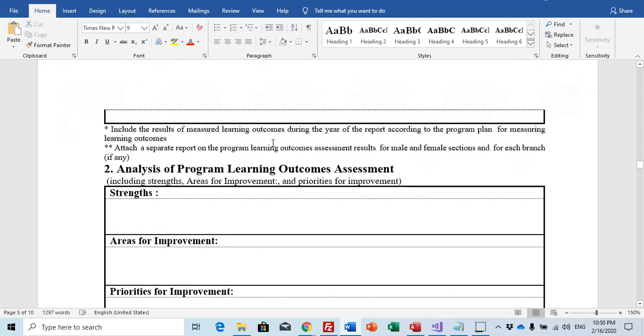For example, in this year, I have for my program 15 program learning outcomes, and I have a plan to measure all of them within 4 years. So in this year, I will measure, for example, 5 of them or 4 of them. So I will choose these courses that are related to these 4 PLOs, and I will measure them and put them in this report.